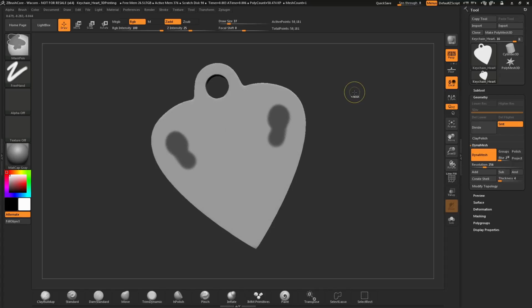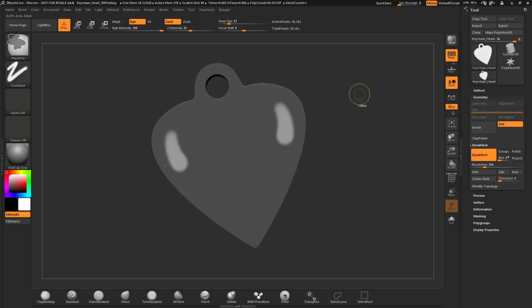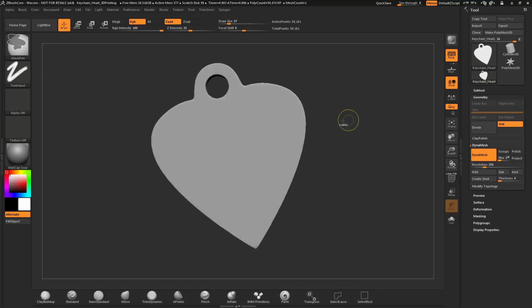So those processes again are Control plus drag to mask your model, Control plus drag off your model to clear the mask, and Control plus click to invert your mask. Using these options, you can start masking out different areas on your meshes to get different shapes or designs. Now that we've covered most of the fundamentals of ZBrushCore, we can start sculpting our